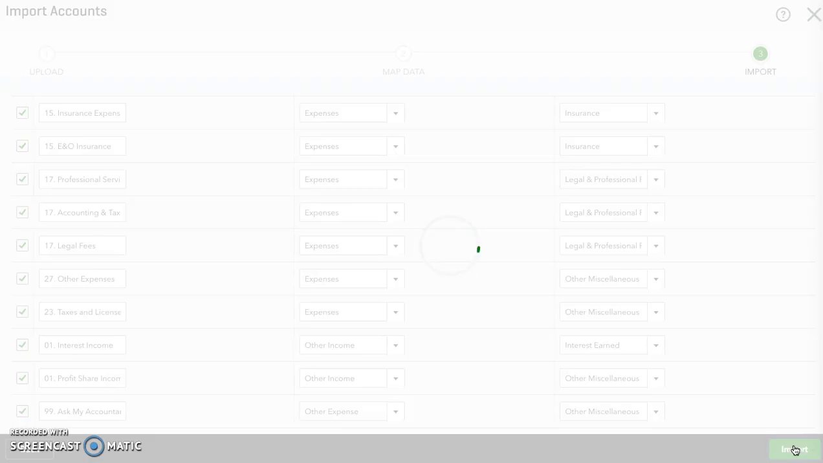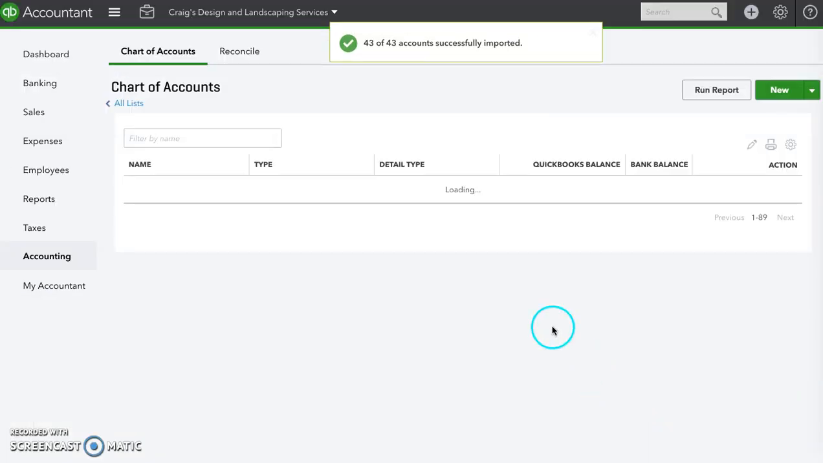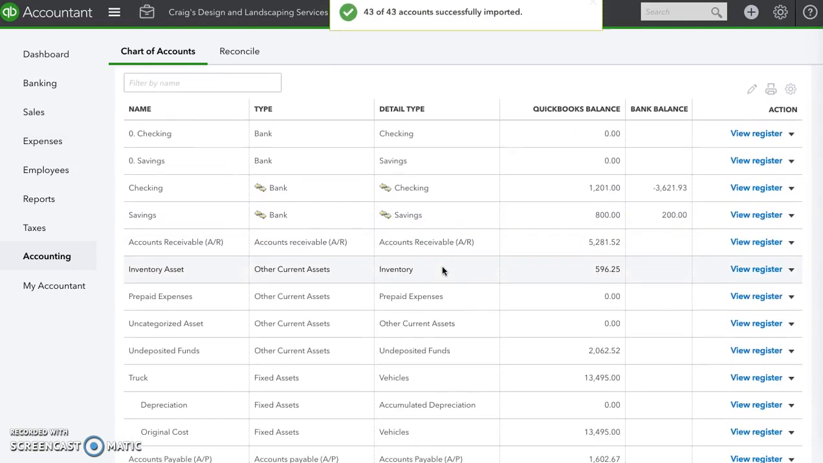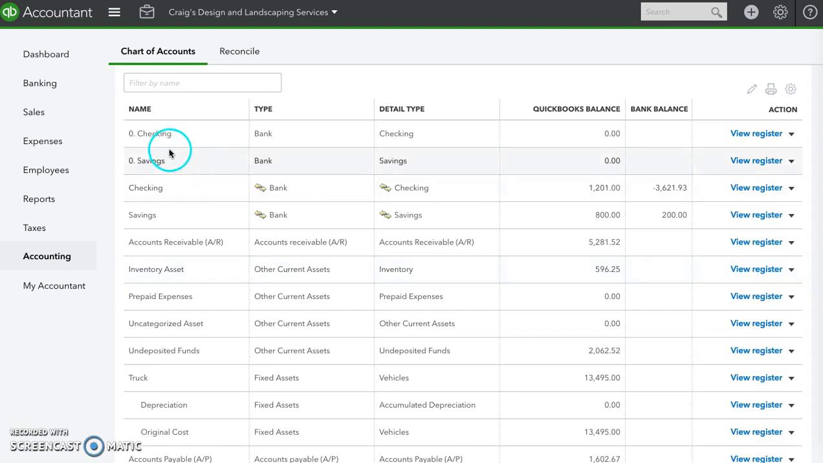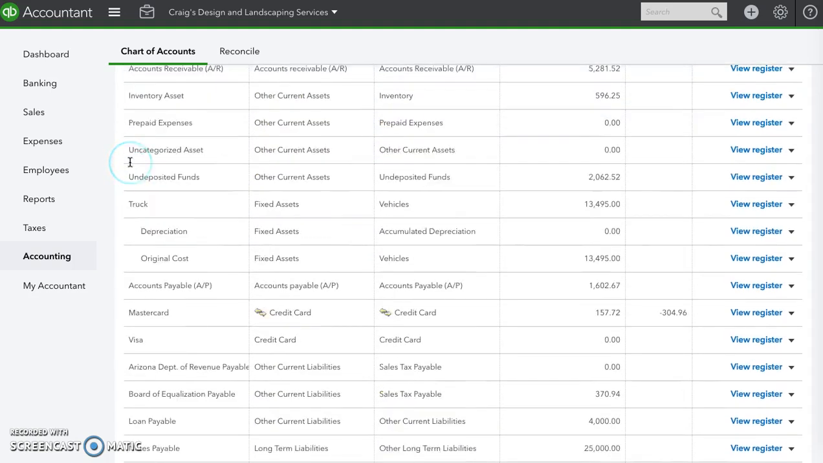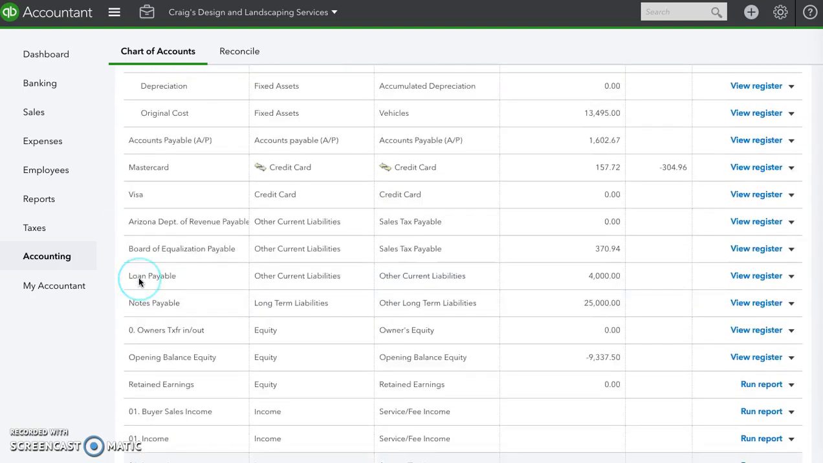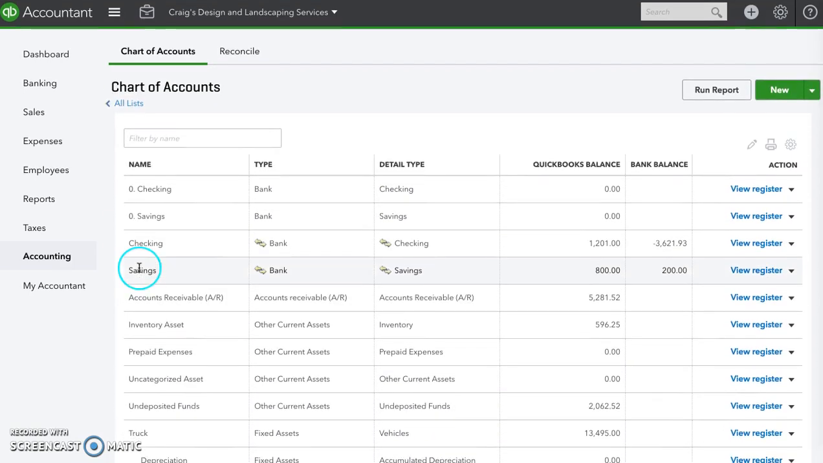Click on the import. It's going to think for just a second. So now we have a little bit more work to do because the default accounts that were in there when you set up your company file are still there. And now you'll see all the ones that have the number prefix are the ones we just imported. Scroll down here and we'll see a few more. So now I'm going to need you to delete the